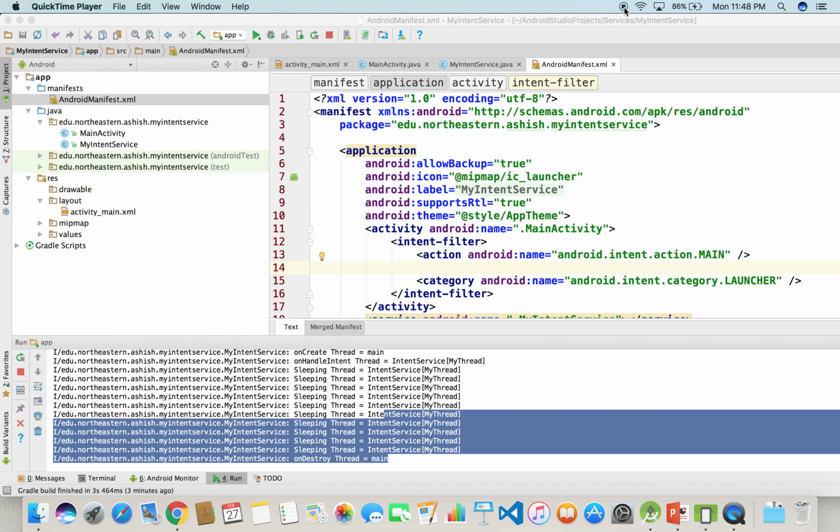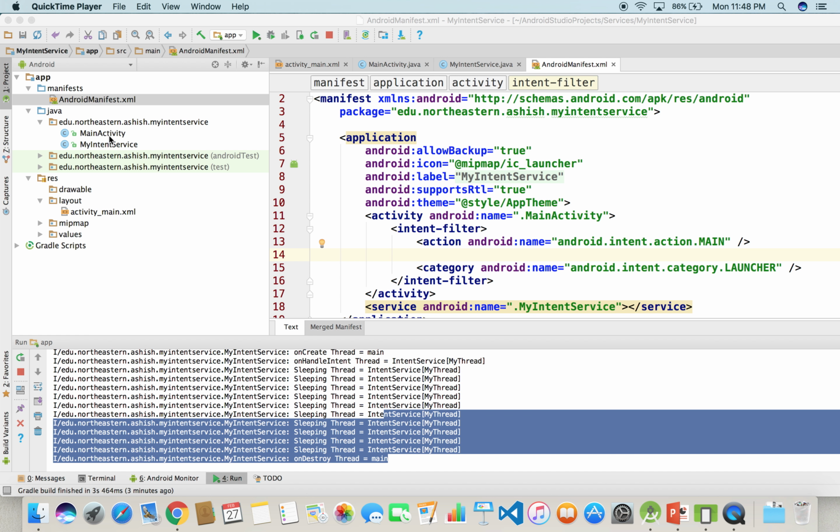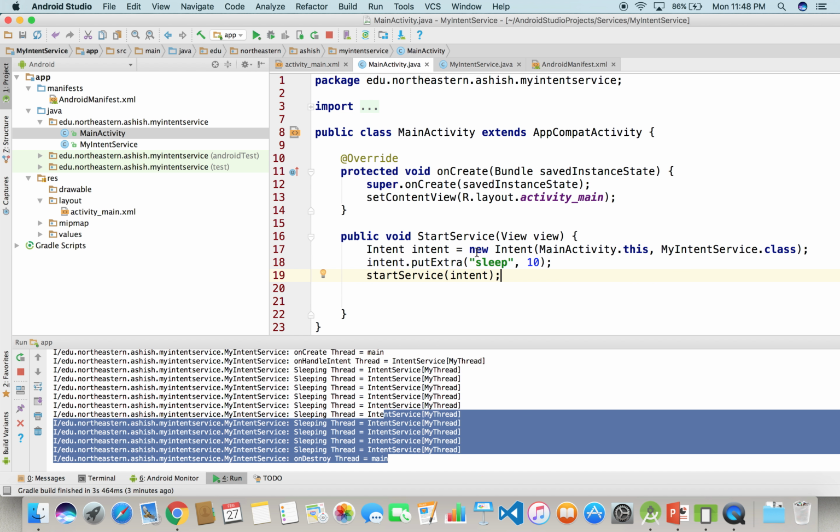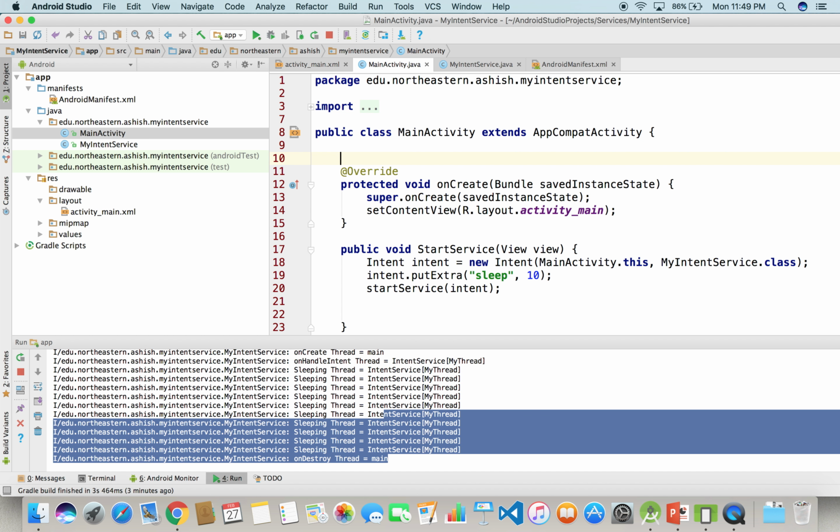But what we want is we actually want the data back from the service back into the activity. So what we'll do is we'll use result receivers. Okay. So for result receiver, the first thing we'll do is we'll actually have a